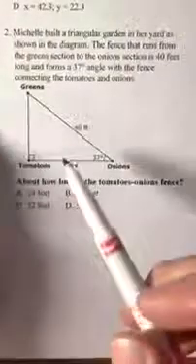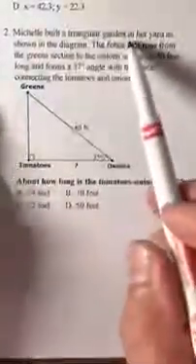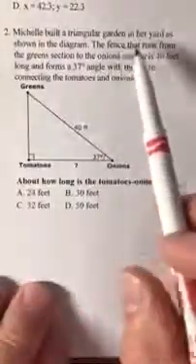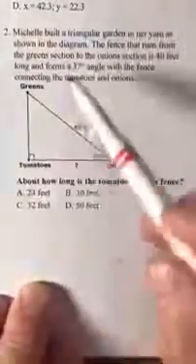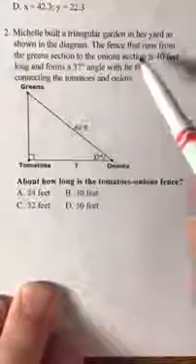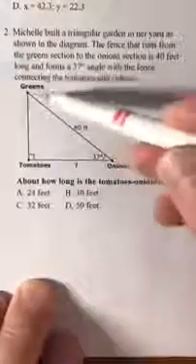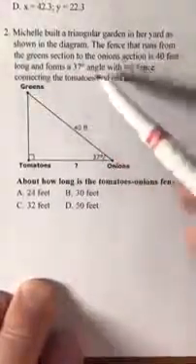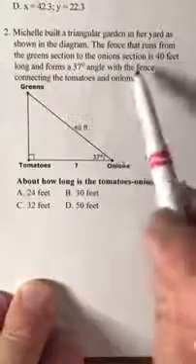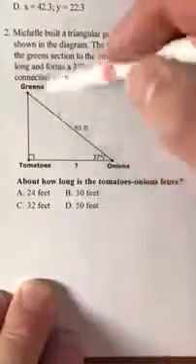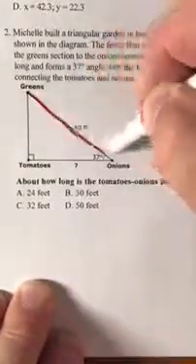For problem number 2, Michelle built a triangular garden in her yard as shown in the diagram. The fence that runs from the green section to the onion section is 40 feet. So from here to here, 40 feet,